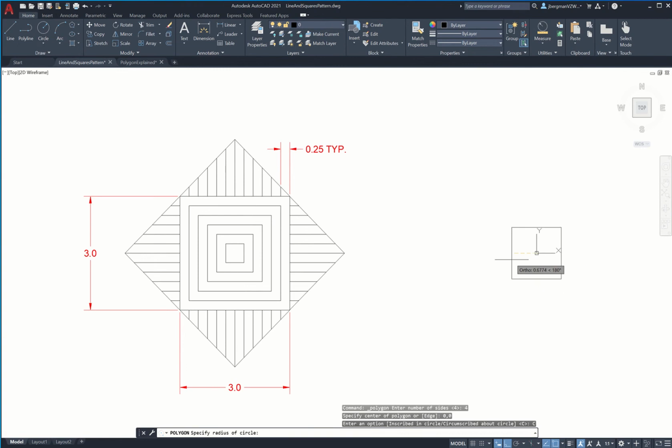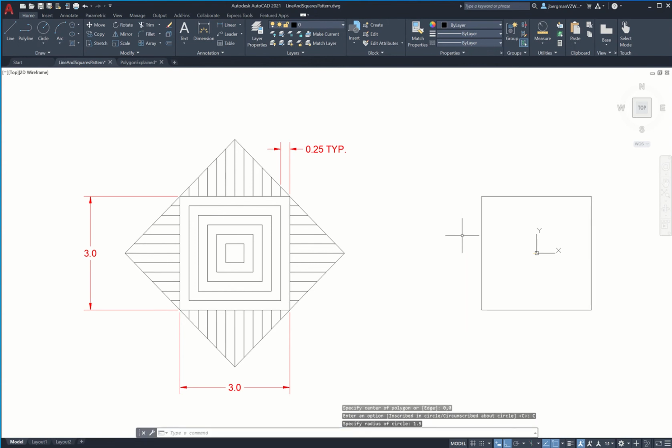So click circumscribed about circle, and then it says specify radius, which is 3 divided by 2, 1.5, enter. All right, then we're going to offset by 0.25 inside, so go to offset, and then type in 0.25, enter,